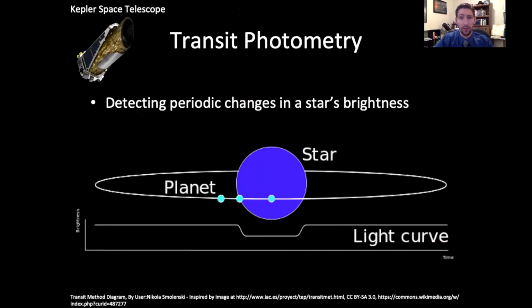Another method for discovering exoplanets is transit photometry, the transit method. If from Earth we can see the planet's orbit edge on, then it will cross in front of its host star. When it does that, it blocks a little bit of the light from that star. We can measure the amount of light coming to us from that star, and we can notice periodic changes in